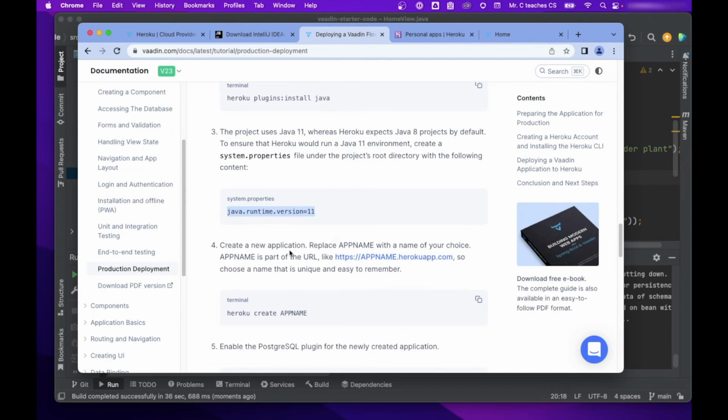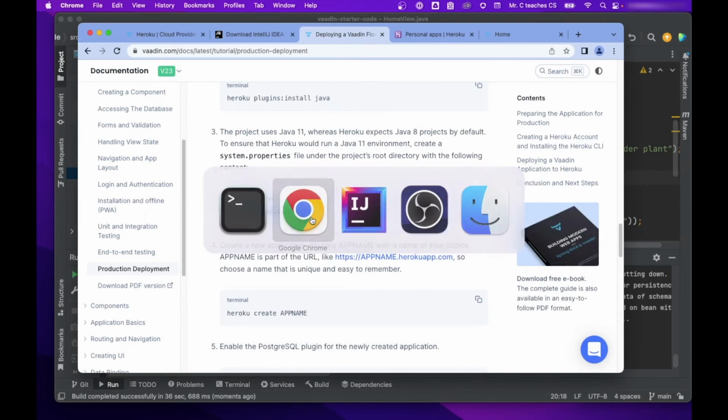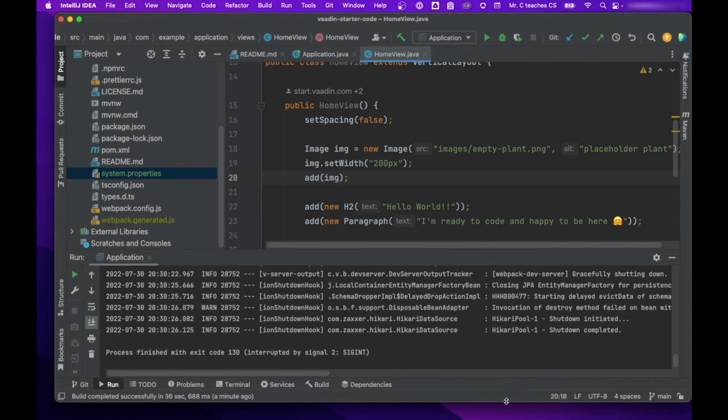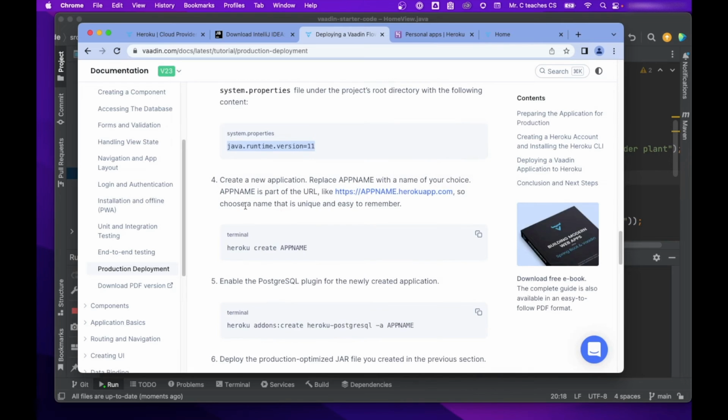Okay, I'm going to check on the state of this installation, and on the state of this build, and it looks like it's working. And I'm just going to run the app one more time, just so I'm sure that everything is functioning correctly before I build it. So the next step is create a new application. Replace app name with the name of your choice. Oh, so this is on Heroku